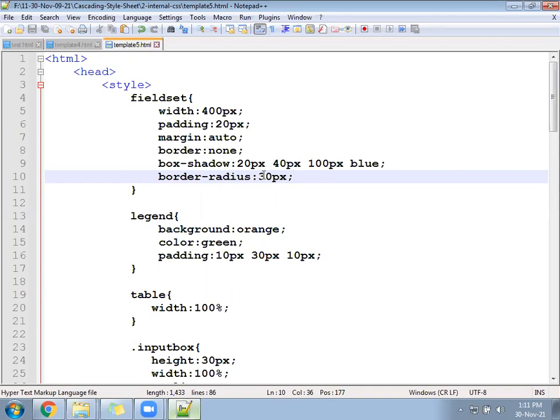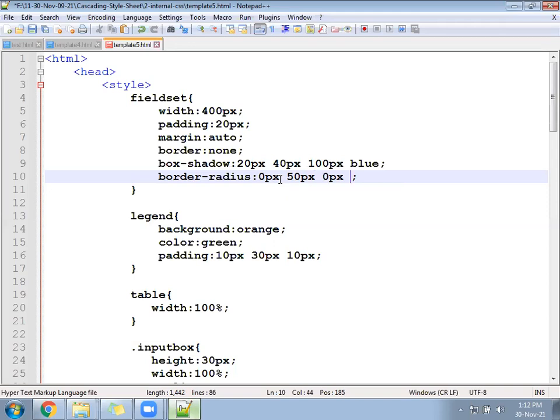Look here. The first number will go to the top left corner, like this side of the projector. The second number, suppose 50 px, will go to the right, at the top. The third number will be the right side bottom.